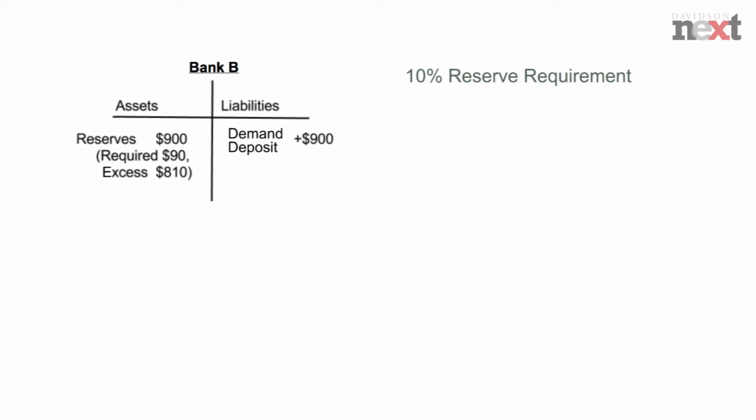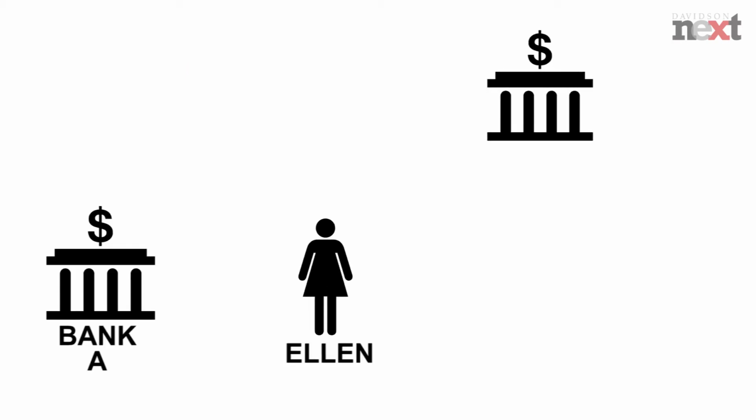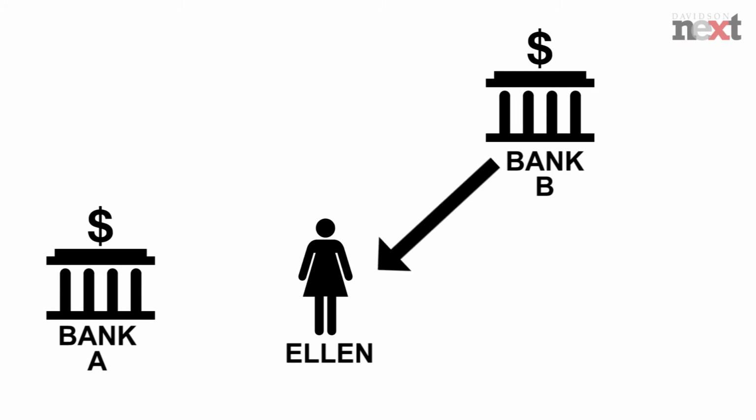Again, with a 10% reserve requirement, we see that this means that $90 must be kept either in the vault or on deposit at the Regional Federal Reserve, and it allows excess of $810. Well, again, the bank wants to earn money on its excess reserves, so it makes a loan to another customer, and in this case, we have Ellen. Ellen needs new carpeting, and so she comes to the bank, she borrows $810,